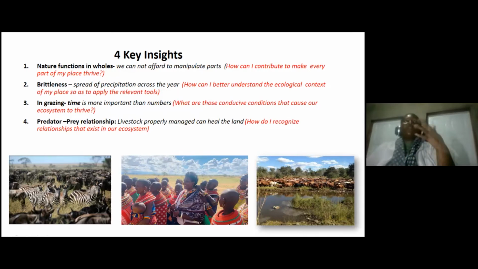When land was split into reserves, there were obviously fences, and so these animals move in a very limited space. Before they fenced off the reserves, these animals used to freely move across